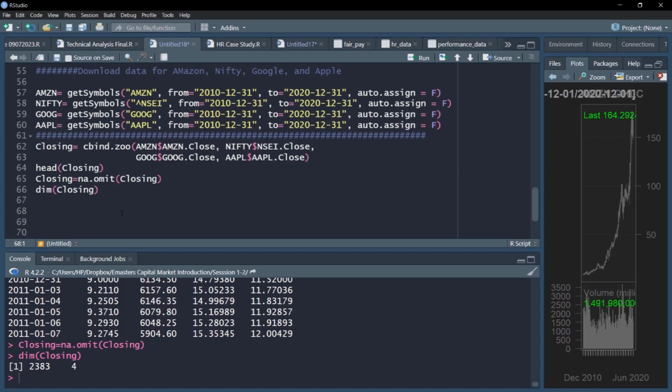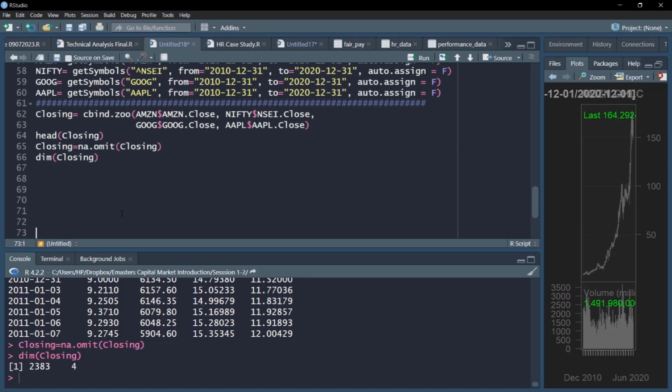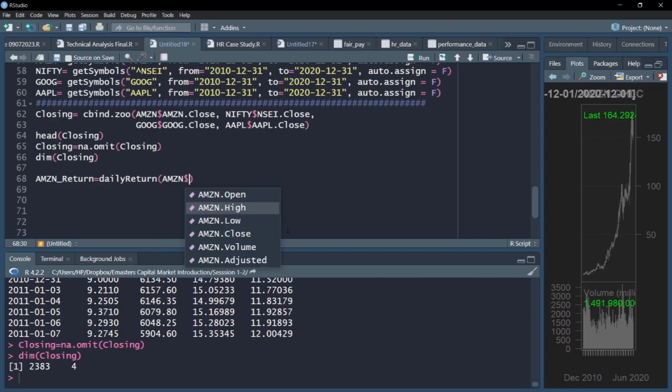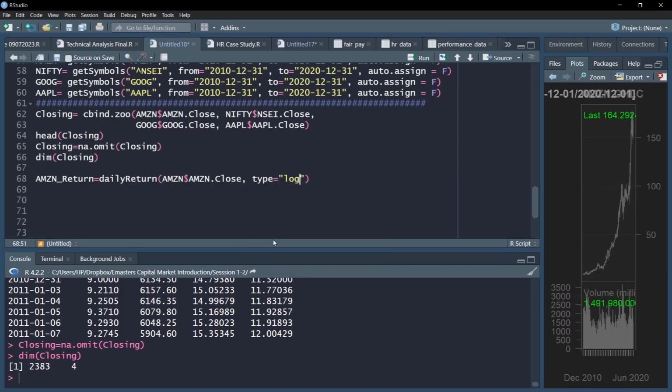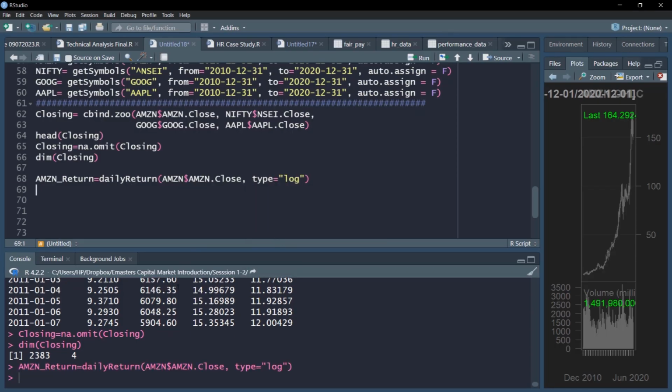Let me show you how to create this return variable. All we need to do is, let's create Amazon return, and we'll use the daily return version. So the dailyReturn formula, Amazon closing prices. We'll select the type as log, so the log returns are created.